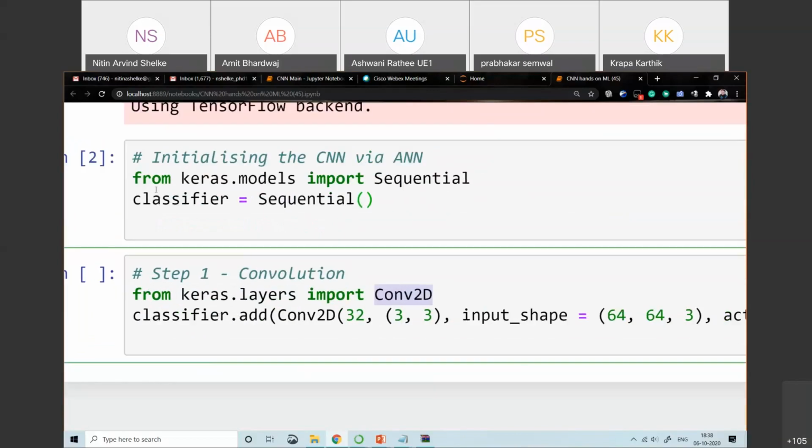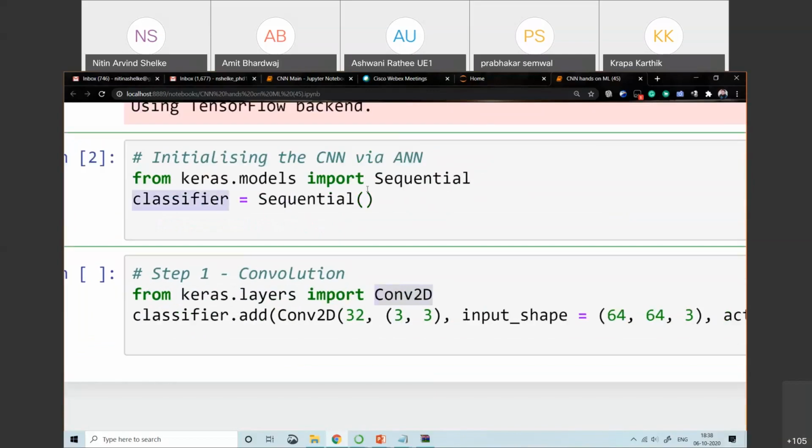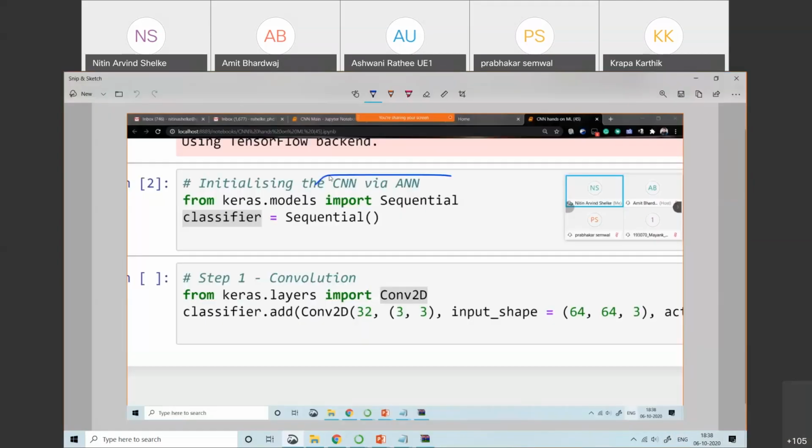This is my classifier, my rough ANN, in which I'm going to add this convolution layer as an input layer.